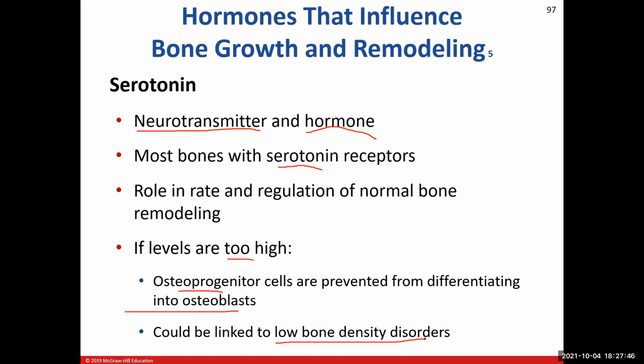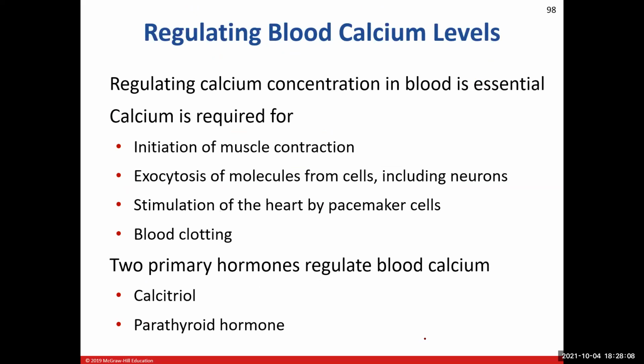unfortunately, this pandemic occurred and this child had a really tough time dealing with it. And so they became depressed, and then their doctor was just trying to help them out. And they prescribed them an antidepressant, and that antidepressant increased the serotonin levels so much so that it has slowed this person's growth down. So again, you just have to be careful with that. Okay, so those are some of the hormones that play a large role, and affect our bone remodeling,